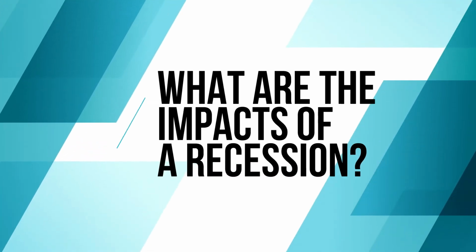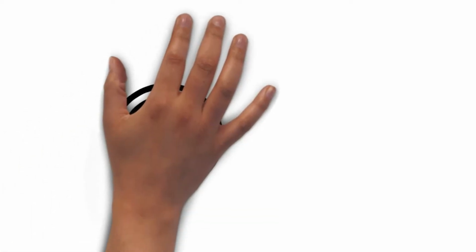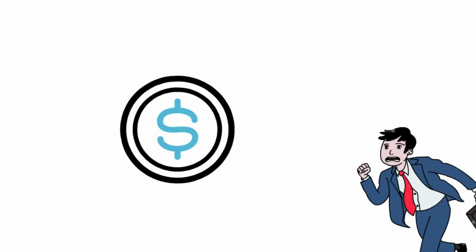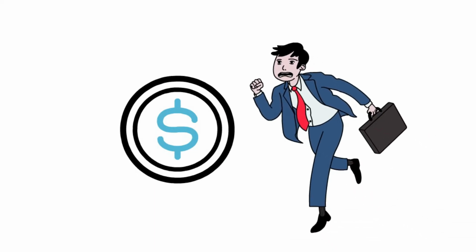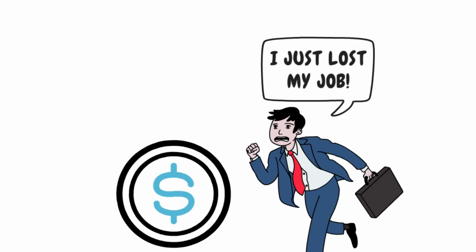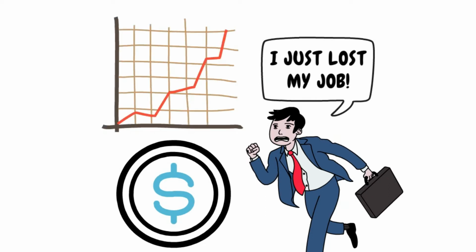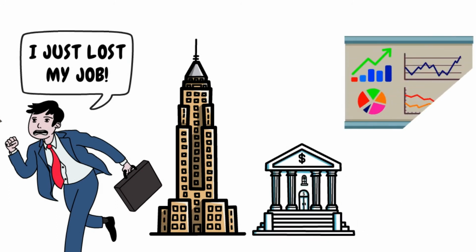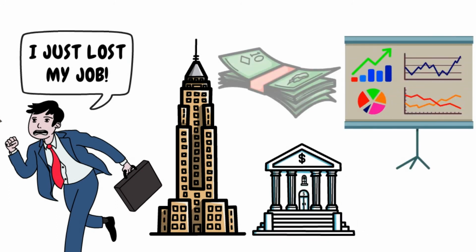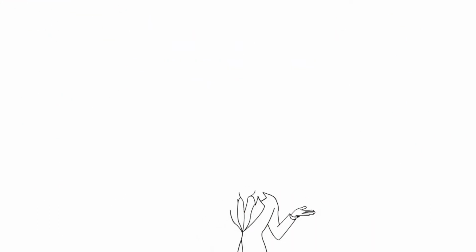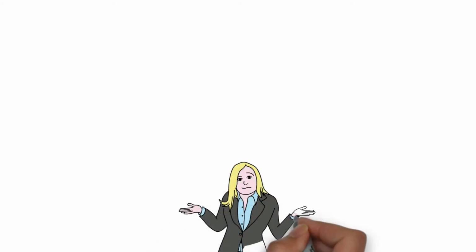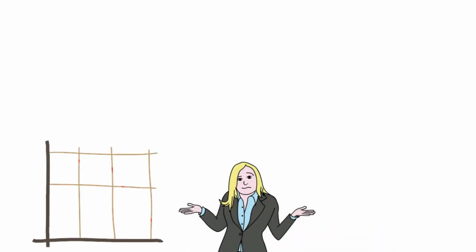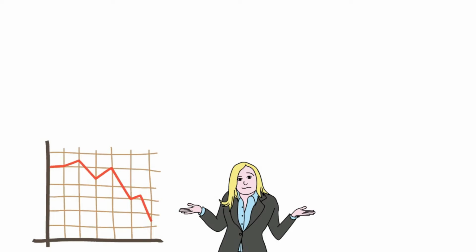Number 2. What are the impacts of a recession? The impacts of a recession are both financial and social. With less of the cake to go around, people lose jobs and unemployment figures grow. Businesses and banks have less confidence in the markets, and are therefore resistant to spending money on employing people or investing in risky projects. Everyone is unsure of the future, and overall this leads to further falls in economic activity.